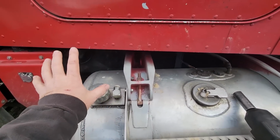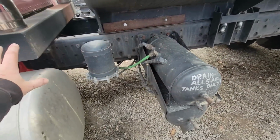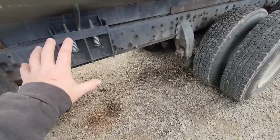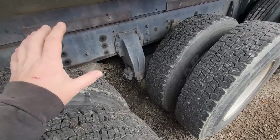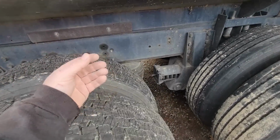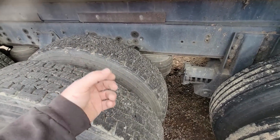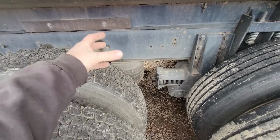We're especially going to be inspecting the frame splice in here. We're going to be looking at all the suspension work we did, make sure everything's tight, looking for any signs of anything that's loose, because a lot of times when you do stuff like this, you get some miles on it, and if there's any, like we put grease between the two frames, so you know, sometimes you get that